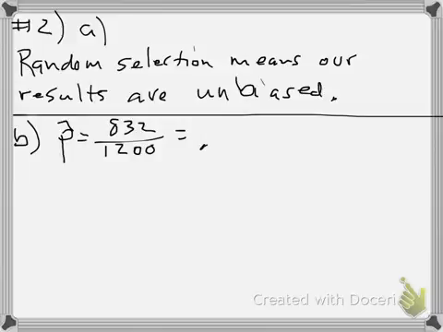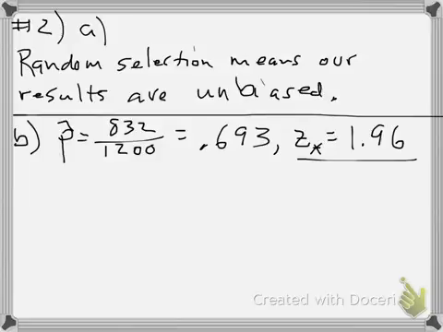And I got 0.693. So our critical value of z, this might be a good one to remember, is 1.96. As I said, 95% confidence is probably the most common confidence interval. So there's maybe a couple that you might want to write on your formula sheet, for 95, 90, or 99%, the z stars. So we're going to have p hat plus or minus z star times the square root